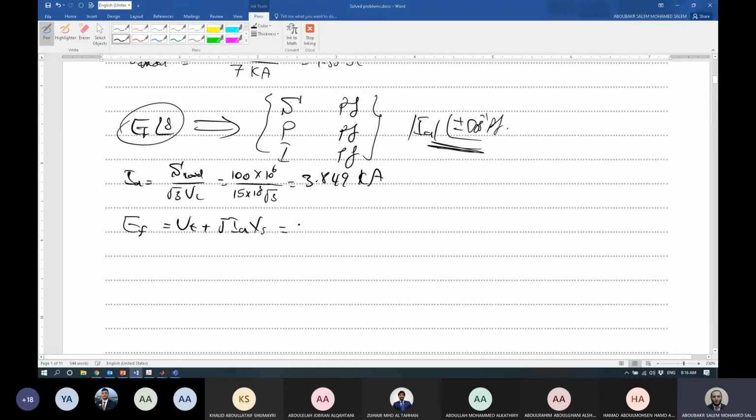j IA XS. Of course, substitute in the relation. So 15,000 over square root of 3 plus jXS, which is j 1.24, multiplied by the current we already calculated. So 3.849 times 10 to the power 3 at angle. The power factor is leading, so the angle is positive. Cosine inverse of the power factor angle,